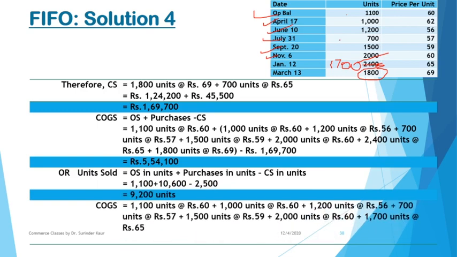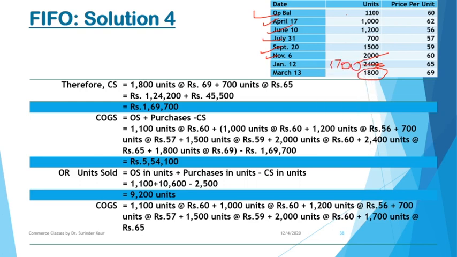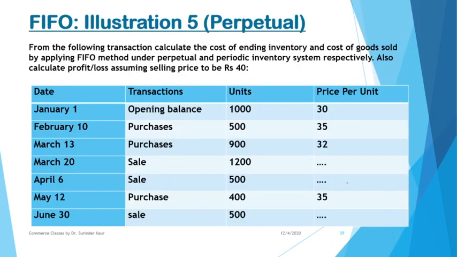Although, there is no need to calculate units sold as such. Reason being that we can directly take the units from the flow of inventories, isn't it? We know the overall flow of the inventories. This is the flow of inventories, and if out of this flow of inventories, we know that this much stock is left, so remaining must have been sold. So you can calculate cost of goods sold directly. Now, this is a problem based on perpetual system. So till now we were having periodic system. Now let us see how this system works under perpetual system.